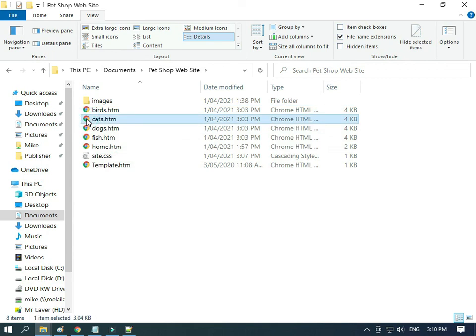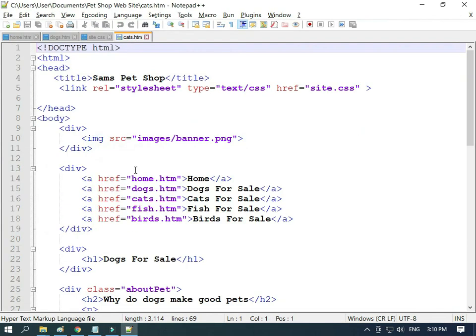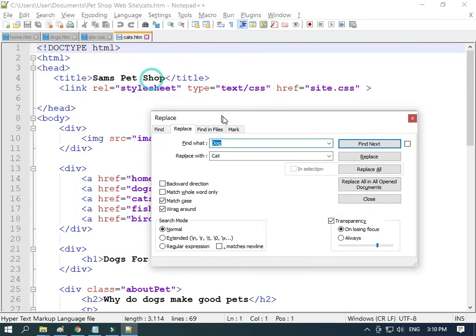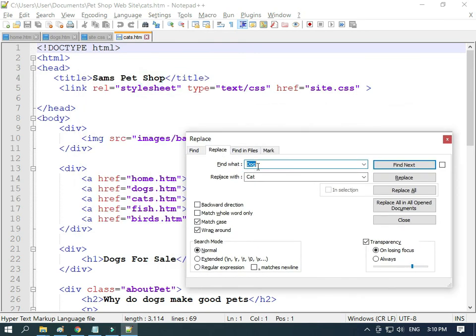So we'll right click on this, we'll open it in Notepad, and what we need to do is I'm going to use find and replace. So if I go Control F, then this dialog here will pop up, and I'm going to click on replace there, and I'm going to find dog, and I'm going to replace it with cat. Now we've got case sensitive, so I've got the match case ticked, and I'm going to find the next, and